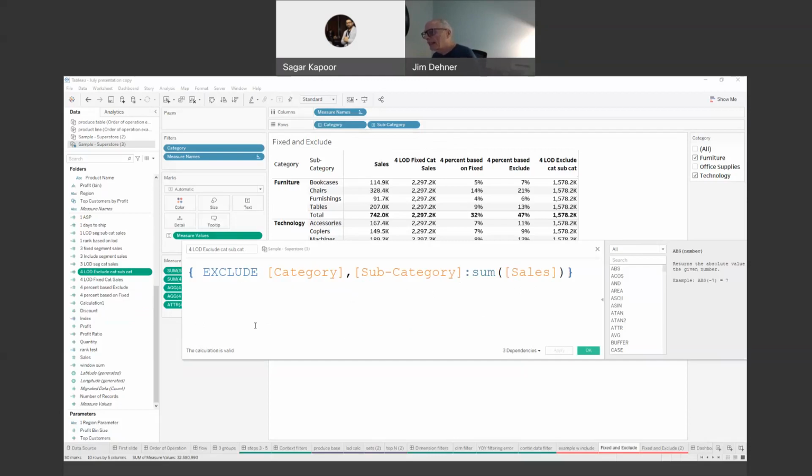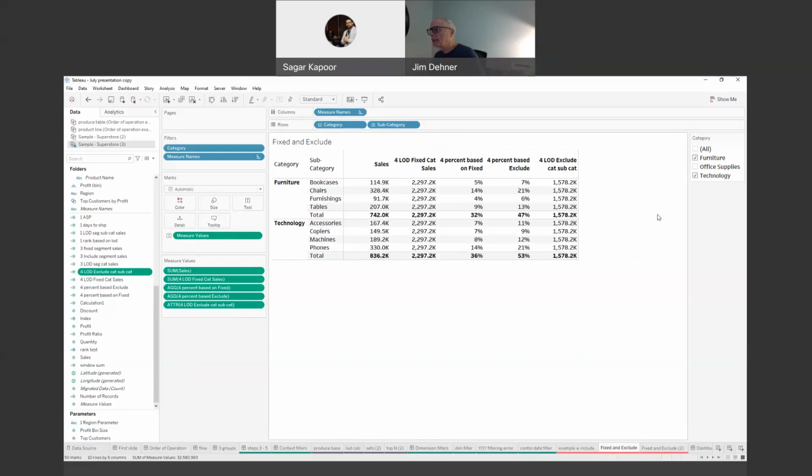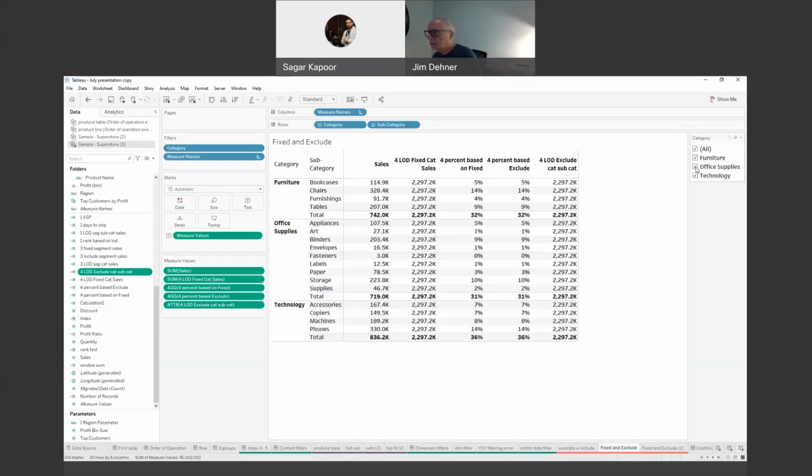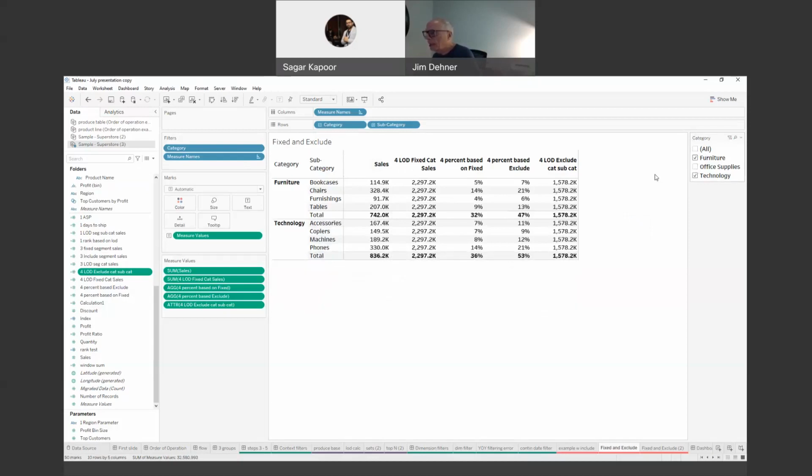Now, this exclude statement is calculated in step 7 of the order of operations. The fixed LOD is calculated in step 4, so it's affected by the use of a context filter. And I've got category now as a dimension filter. And you can see, as far as fixed is concerned, it's at $3 million, or $2.3 million. It is unaffected by the filter on category. And I can come back and put office supplies back in, or take them out, and that value is unaffected. Where the exclude LOD is affected